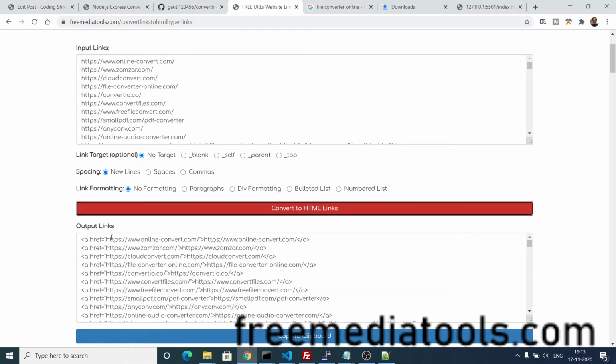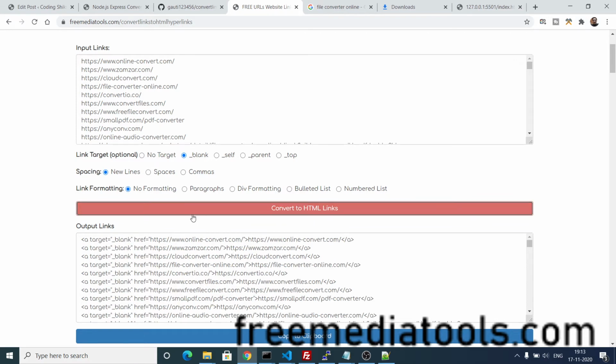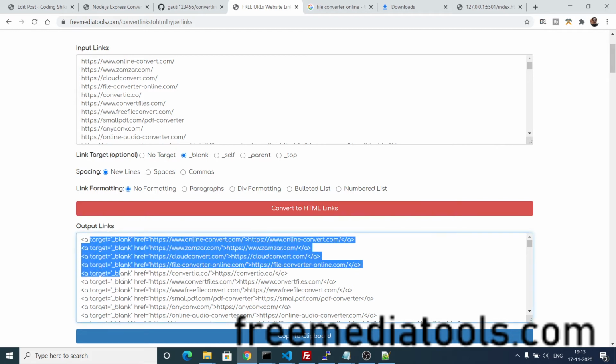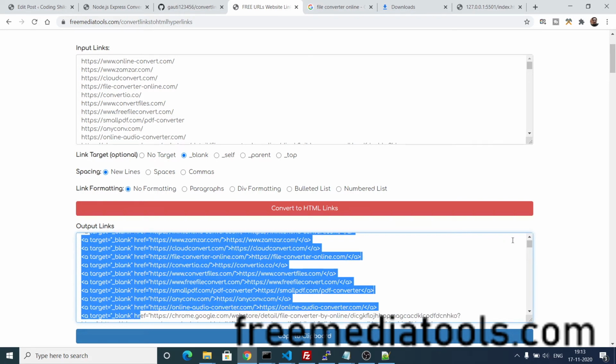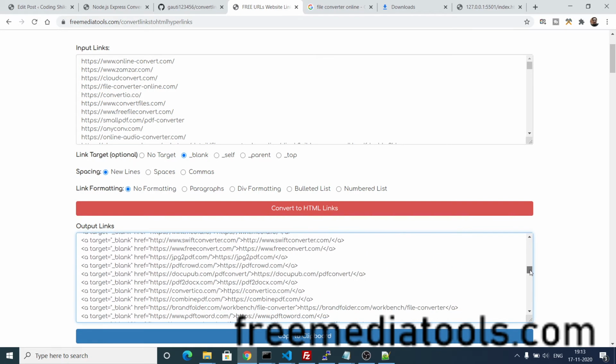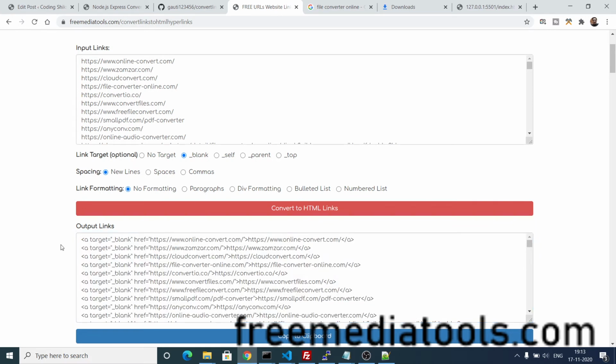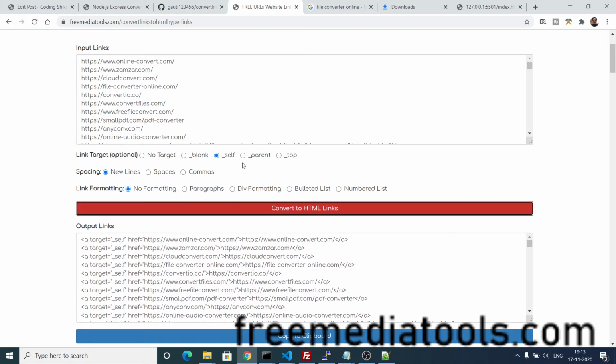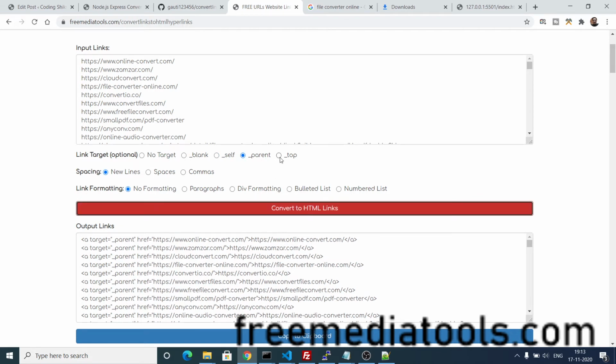And also each href attribute has a target attribute, you will see. So you can set this target to blank window. So if you click the link, it will open inside a new window. If you click this, it will add this dynamic target attribute automatically to each URL for you, so you need not do this manually. And the same goes with self also. So you can just select accordingly.